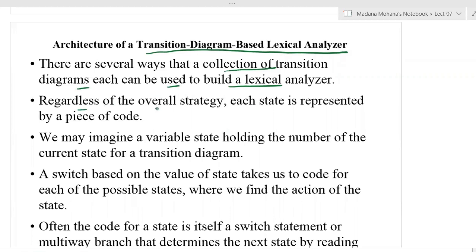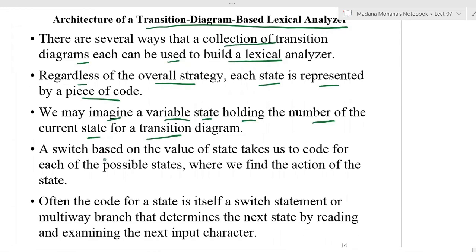Regardless of the overall strategy, each state is represented by a piece of code. In the transition diagram, each state is represented by a small skeletal code. We may imagine a variable state that holds the number of the current state for a transition diagram. Here we will assume a switch based on the value of state, that means by using a switch case, which takes us to code for each of the possible states